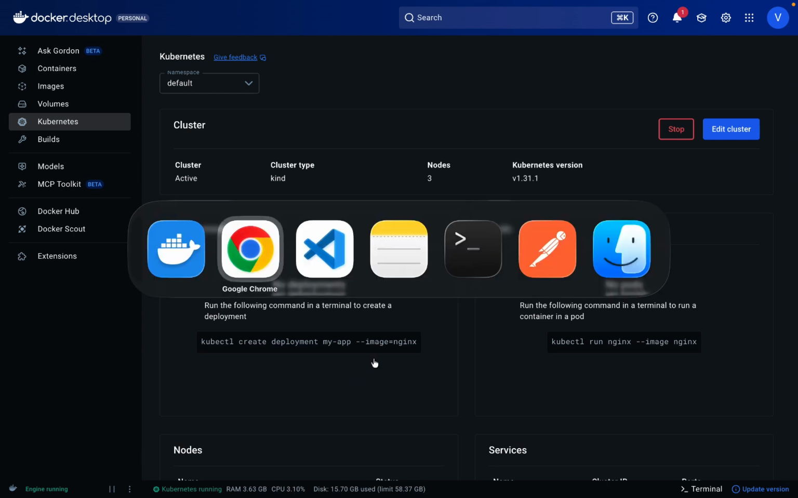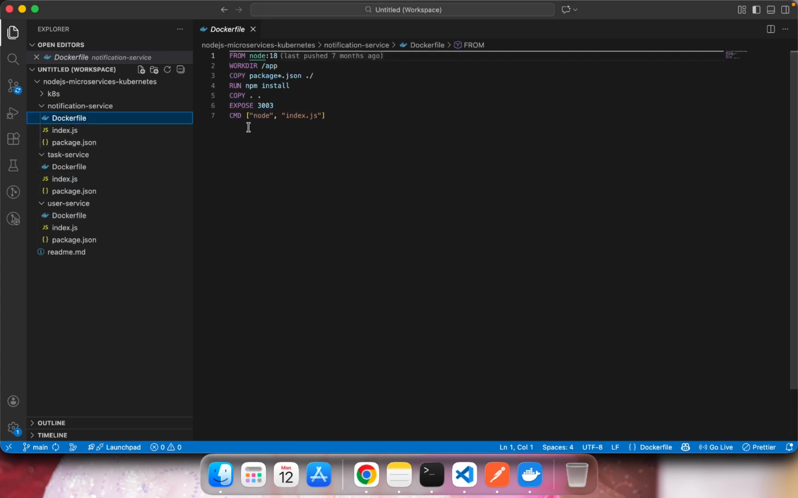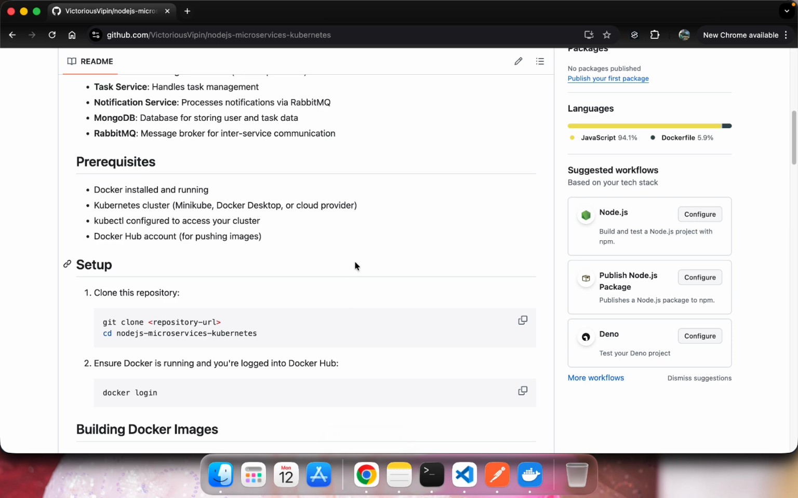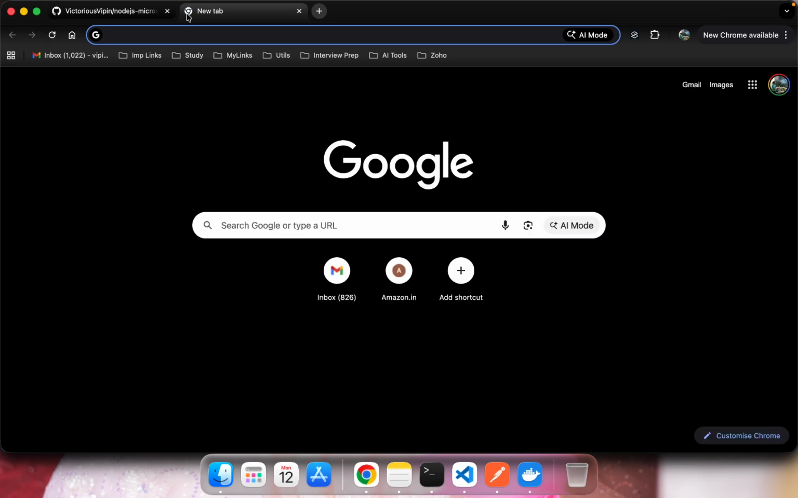For this, first we need to create the image for this Docker, right? So here in this document I have mentioned how to build the image. You need to run this command, docker build -t, and whatever is your Docker Hub repository name you need to add here. Like I have